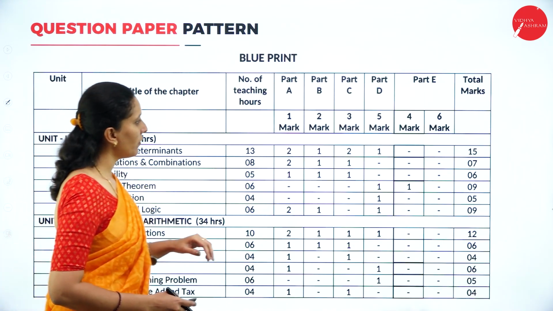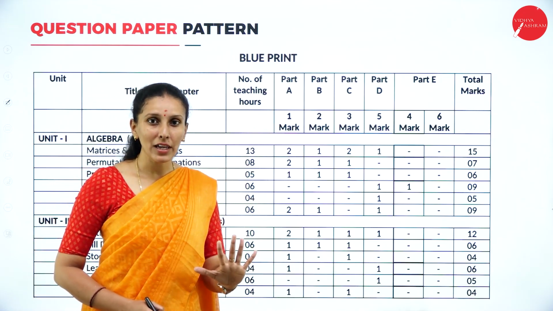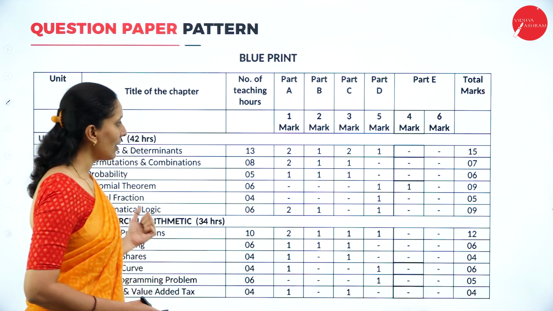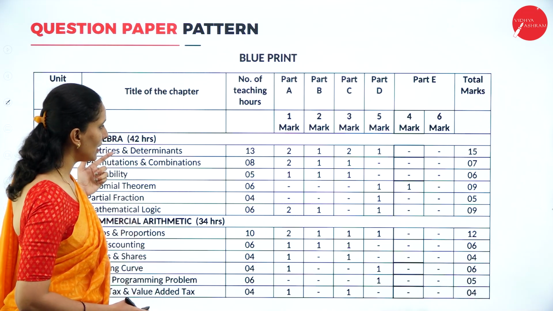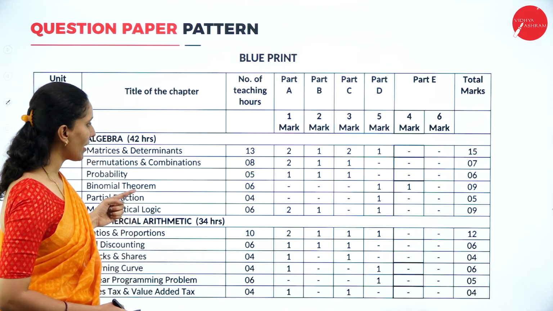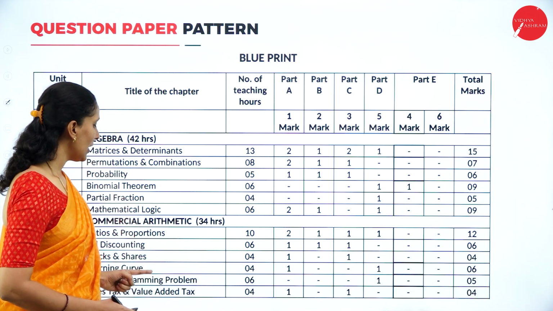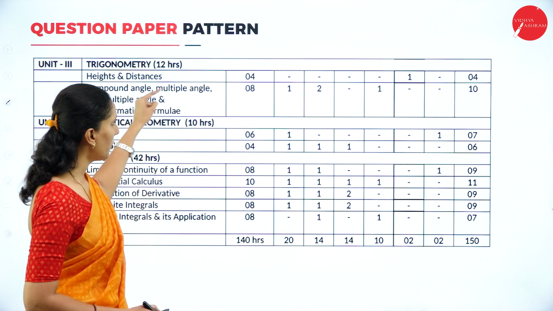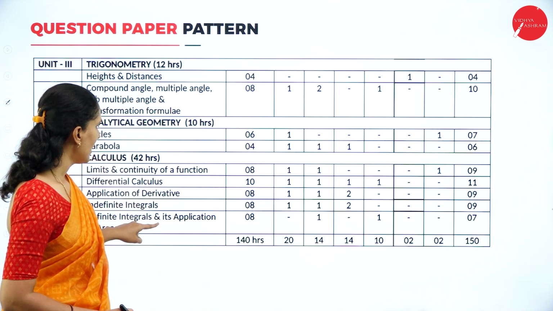Next, let's move on to the 5 mark question. You can see here, you are supposed to answer only 5 questions, but the questions will be set from 10 chapters. Let's see what are the chapters we have under the 5 mark question. So you have matrices and determinants, then binomial theorem, partial fraction, mathematical logic, ratios and proportion, learning curve, linear programming problem. Then you have compound angles and multiple angles, and then differential calculus, and then